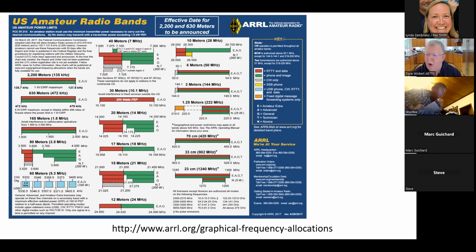These bands typically are referred to with their approximate wavelength. So in the upper right-hand corner, we talk about the 10-meter band. That's the approximate wavelength. You'll notice that if you multiply the frequency by the wavelength, you roughly get about 300. If you take 10 meters, multiply by its frequency in megahertz, which is 28 megahertz, you get 280, and that's close to 300. These are approximate